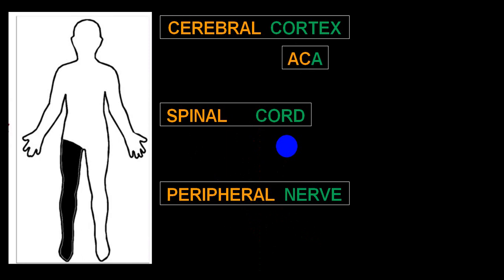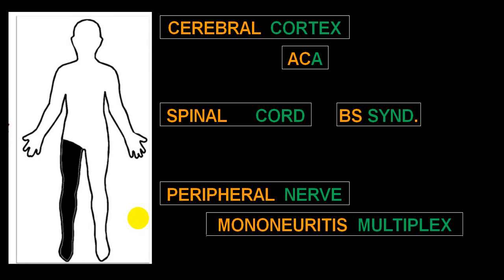So in cerebral cortex, ACA territory, it can be also involvement in a corona radiata, but less likely to be in a internal capsule. In spinal cord, it will be damaged at the level of lumbar. So right from lumbar 1 onwards on the same side. So as this is the right side, it will be a right side of the spinal cord involvement. So it will be Brown-Sequard syndrome, we call as a hemisection,